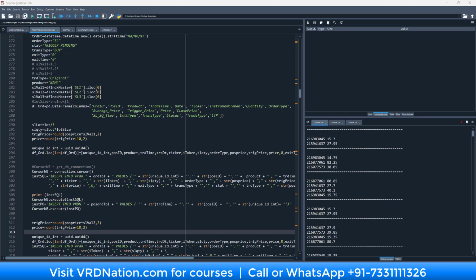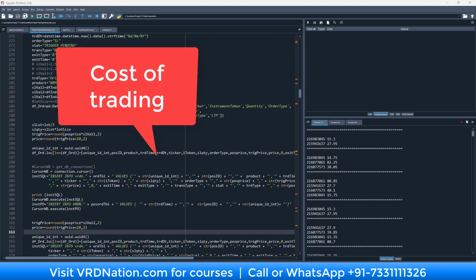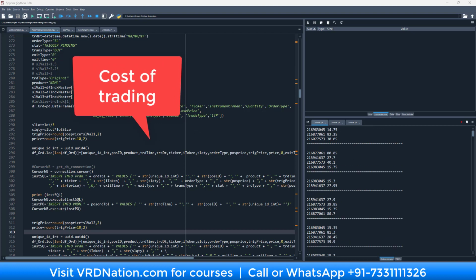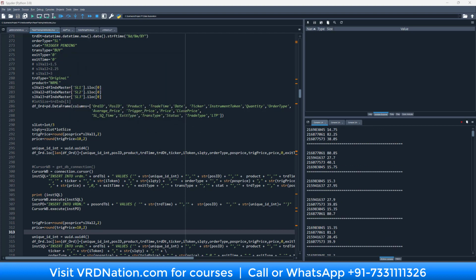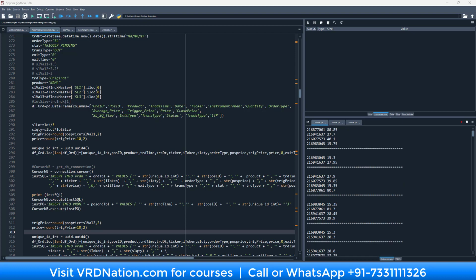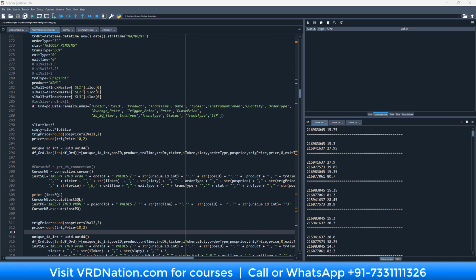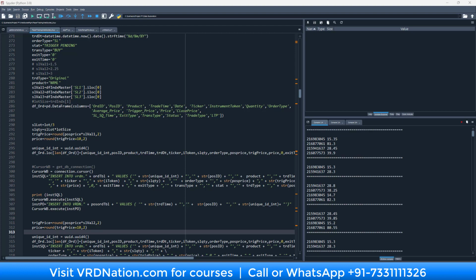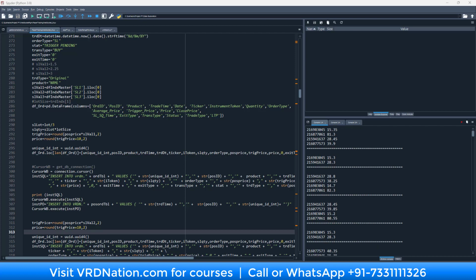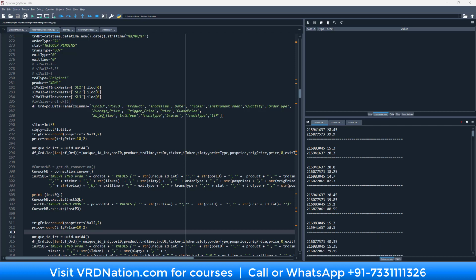Last but not the least, by doing the real time testing, you can also estimate the cost of trading. So I remember one of the students of mine developed a strategy where he was executing some trades every 5 minutes. And it was looking perfectly fine on paper, but when he actually calculated the cost of trading, the cost of brokerage that he had to pay and the charges that he had to pay on that, the cost became astronomically high, right? So these are all the practical aspects that you can only understand from doing real-time testing rather